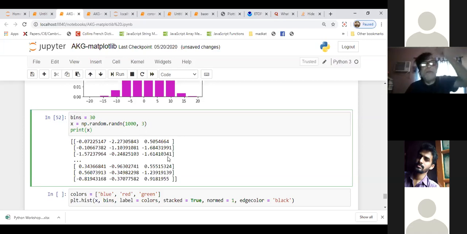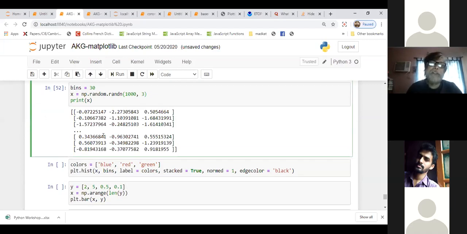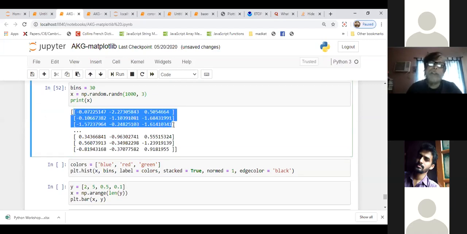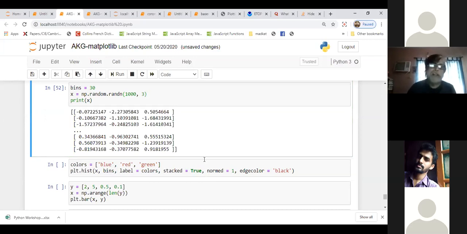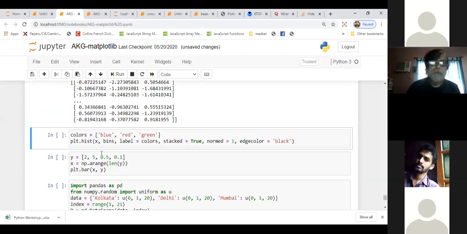I created 1,000 by 3 numbers. So this is one set of 1,000 numbers, this is another set of 1,000 numbers, and another set of 1,000 numbers. I wanted to plot that.